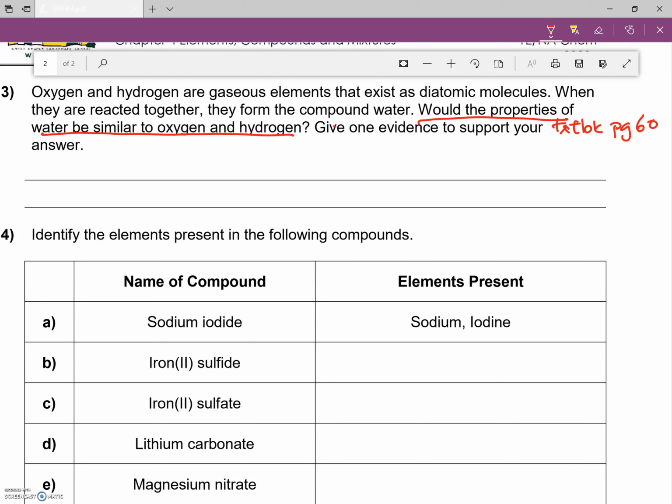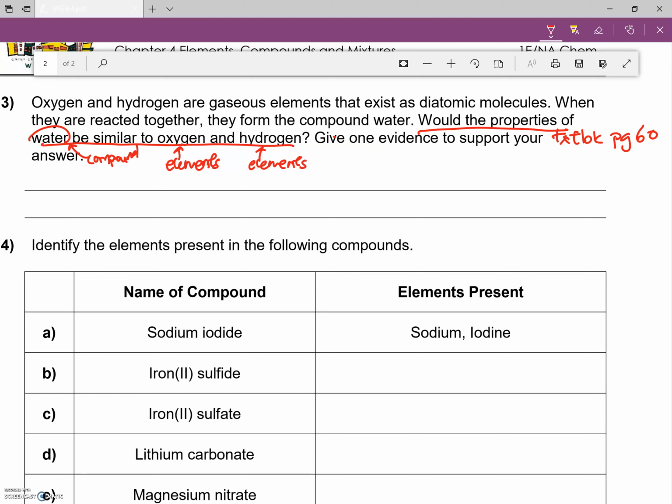Okay, so now this is the first thing here. Oxygen and hydrogen, these are elements. Okay, elements. And we know from the previous question that I mentioned that water is actually a compound. Now, if you take a look at page 60 of your textbook, you realize under the differences between compound and mixture, just look at the property of compound. Okay, properties of compound. It has this sentence over there that says the physical, okay, and chemical properties,